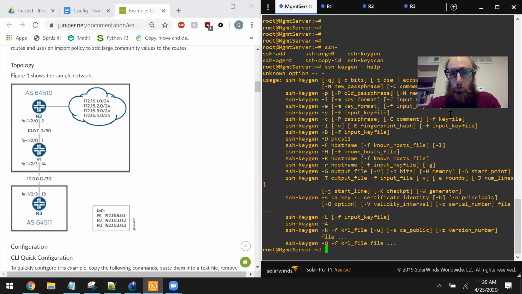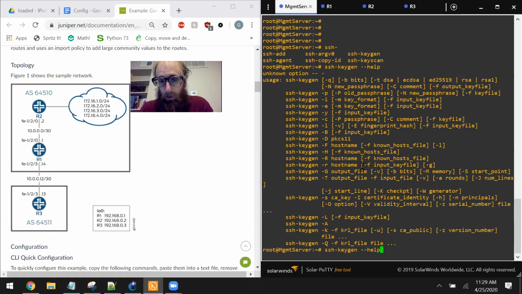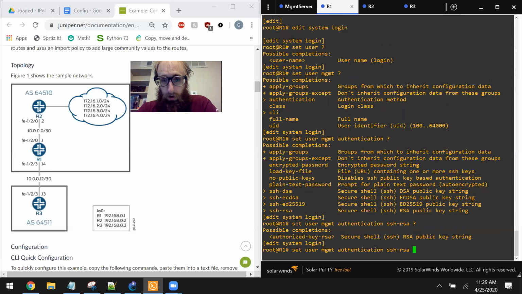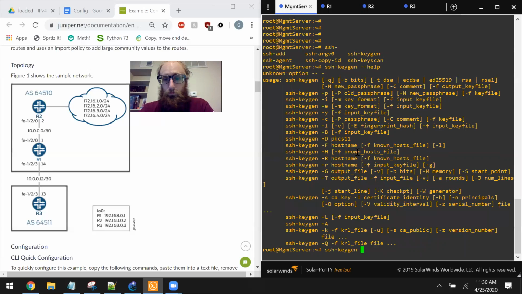So now we need to specify what kind of keys we want to generate. We want to generate RSA keys. And you can see we've got a lot of different kinds: DSA, ECDSA, ED25519, but we're going to go with RSA. And those are all available options on the Linux server as well. I just don't see them. Yes, I see them now. DSA, ECDSA, ED25519, RSA, and we also have an extra option on the Linux server for RSA1, but we're only going to